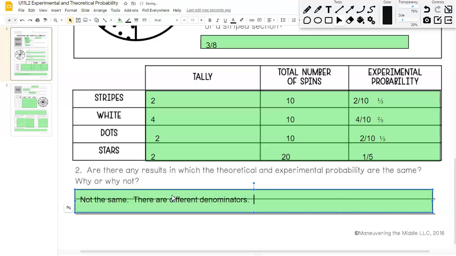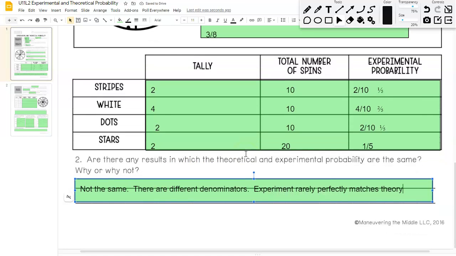But even if I have the exact same number of spins, doesn't mean it's going to work out perfectly. So remember that experimental gives what should happen and what will happen if we do it enough times. It's going to be close to the right answer. Alright, so experiment rarely perfectly matches theory. Okay? They will be close, especially if we do enough spins, but they will rarely